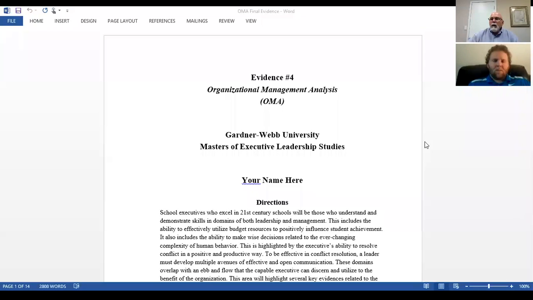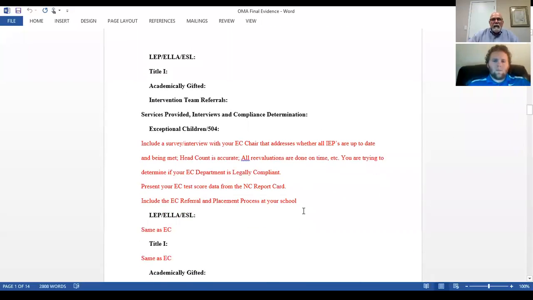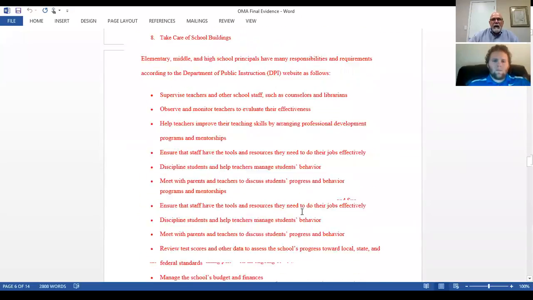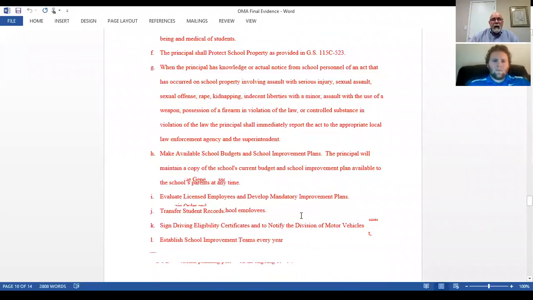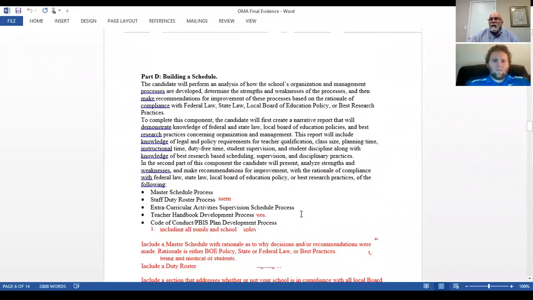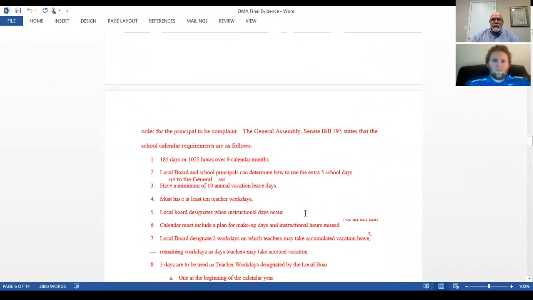So if you look at OMA, what I've done for you to help you with D is, as I said, I've already listed all the legal stuff for planning and instructional time. It's right here. Make sure that you can actually use this. You can put it in your paper, turn it from red to black, and say that we meet all of these conditions. You need to speak to that one specifically when you're saying strengths and weaknesses, when you're doing your analysis, and then